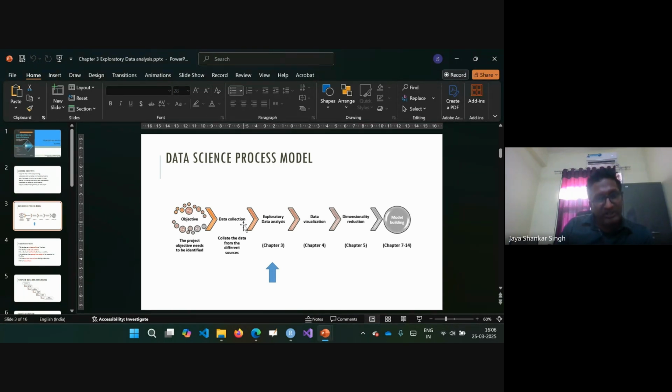Now comes the exploratory data analysis. That is what we are going to do now. We'll explore the data, then data visualization, and dimension reduction or factor analysis, as we call it. If time permits, we will discuss factor analysis, and then you build a model. कि okay, अब ये model building क्या हो रहा है? So looking at the past data, what you will do,